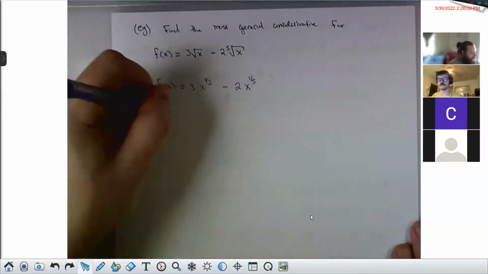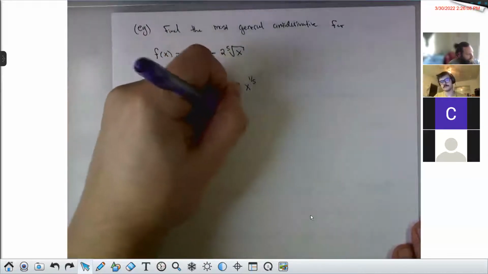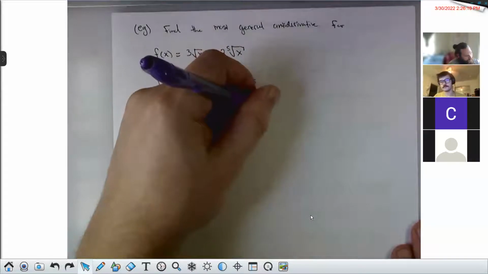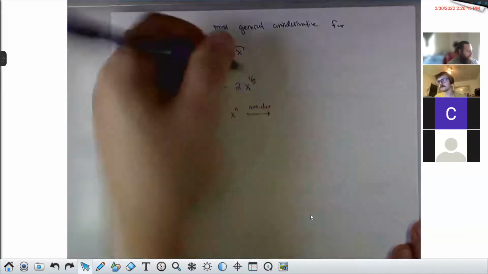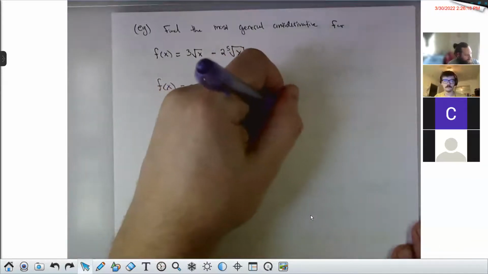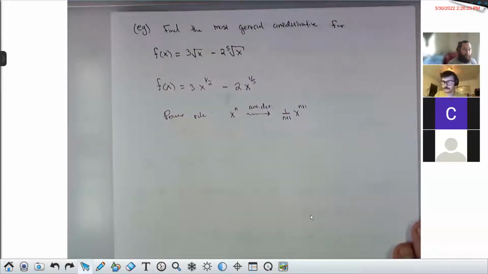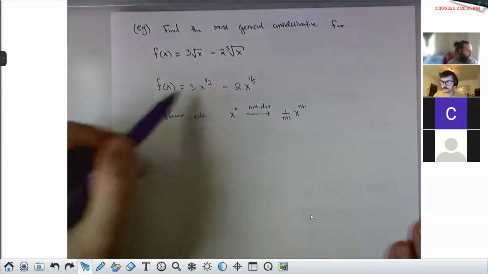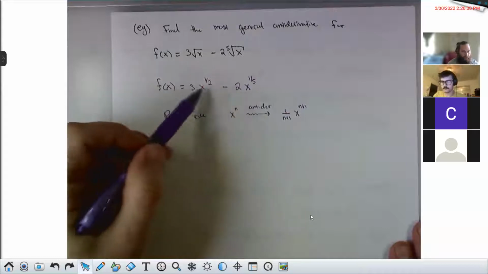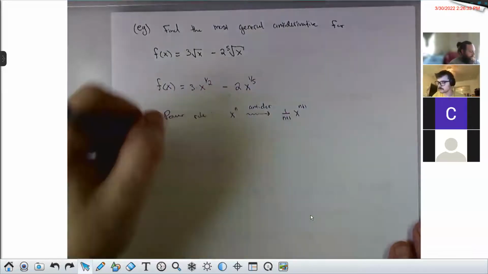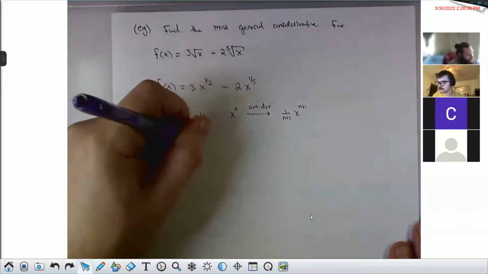The power rule says that x to the n has antiderivative 1 over n plus 1 times x to the n plus 1. And we know that constant multiples just come along for the ride. We know that you can split up over addition and subtraction. So this means that big F of x, the antiderivative, should be 3 times